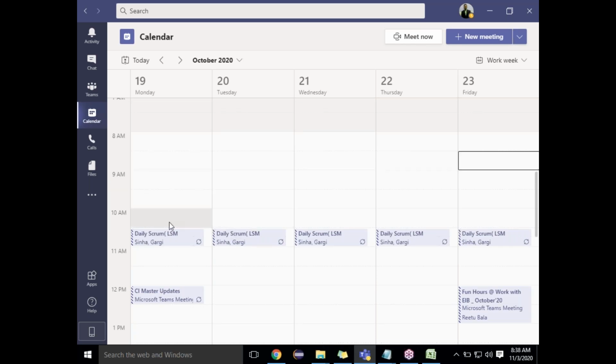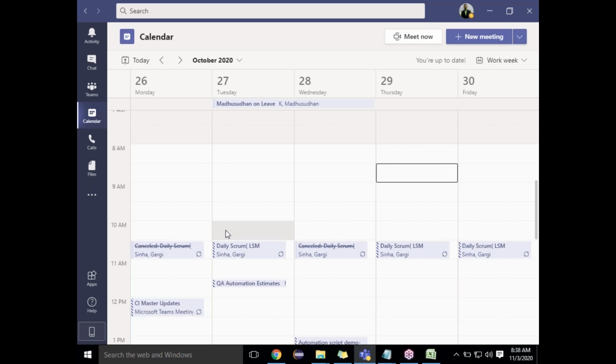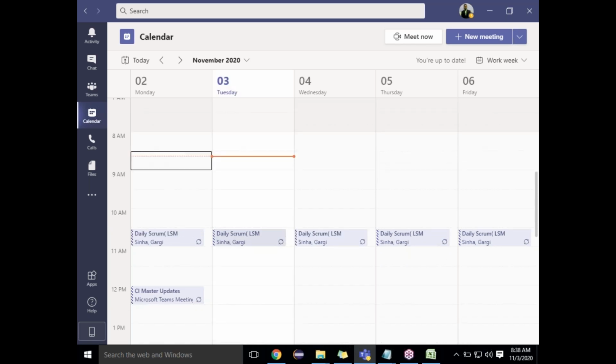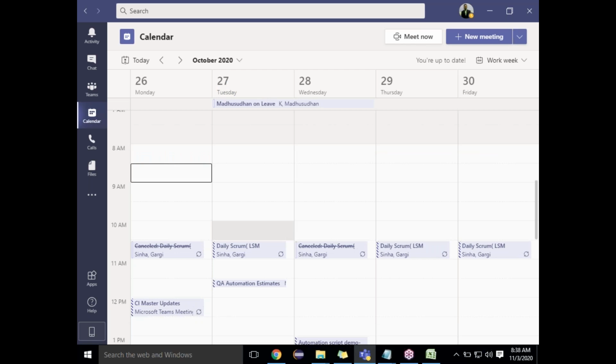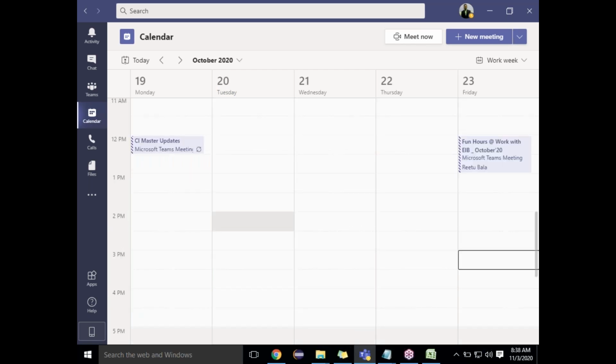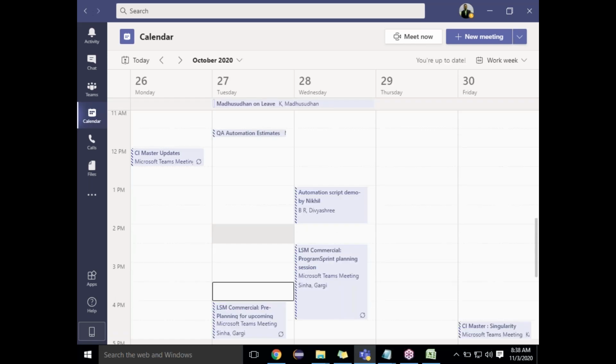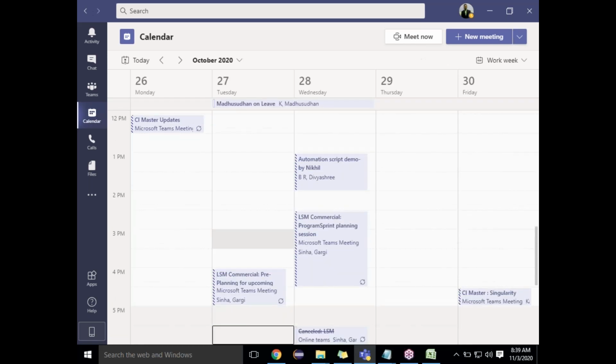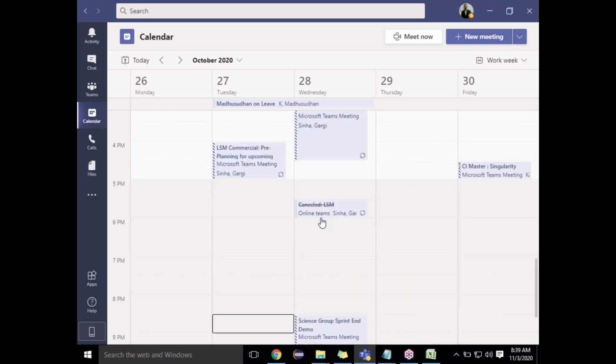I will show you. Give me a minute. Sorry, I have to go down and check. Yeah, can you see there is something called pre-planning for the upcoming sprint? It is called the sprint planning session. Can you see? Yeah. They will provide the sprint planning session. Pre-planning will be there. Then the retrospective will be there. There is something called a retrospective.